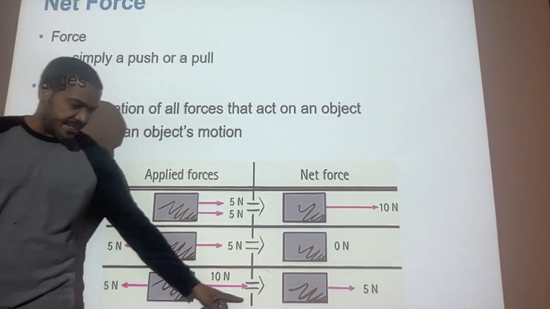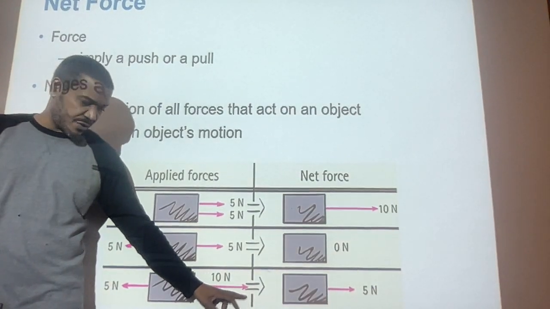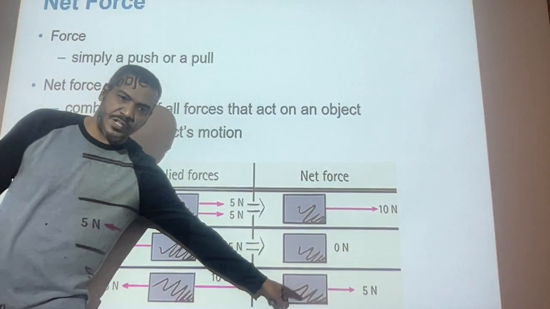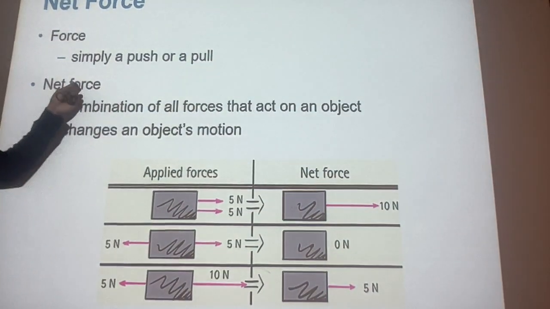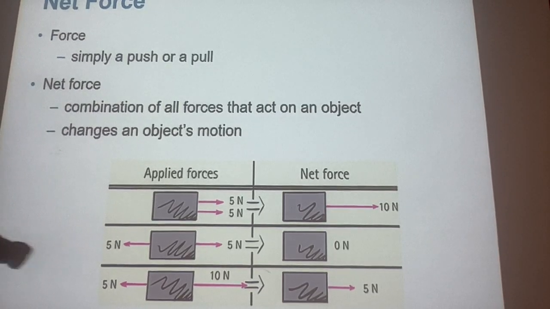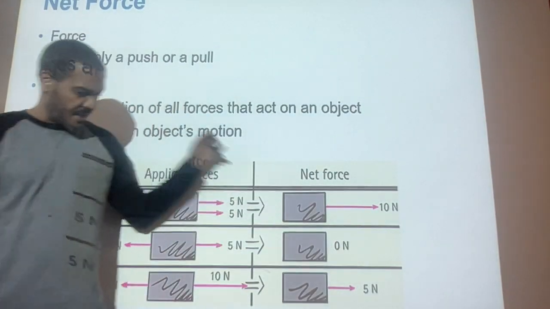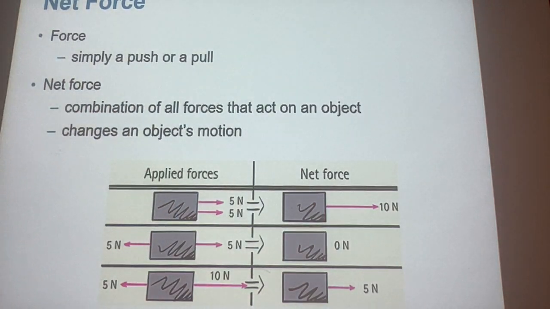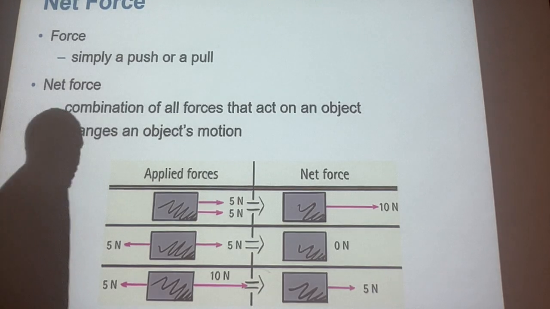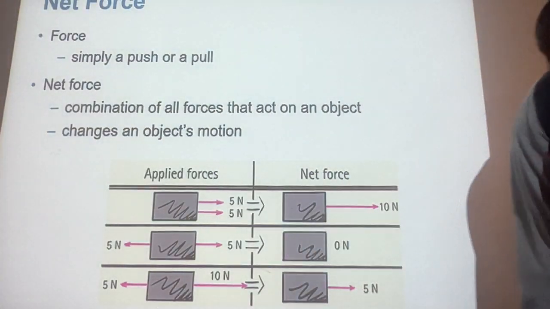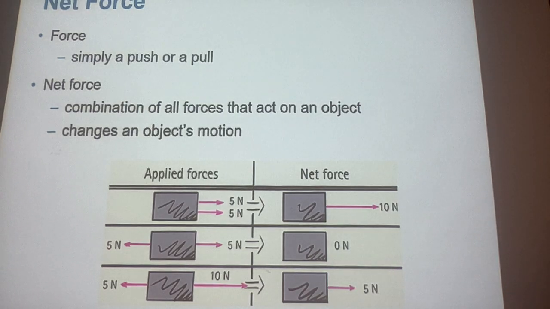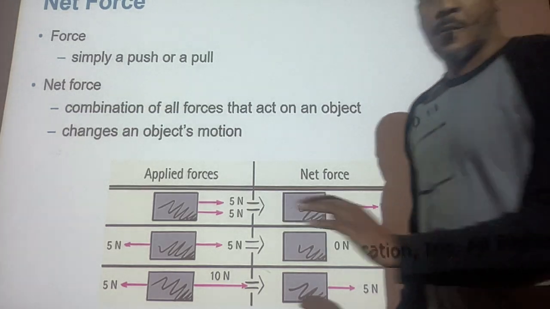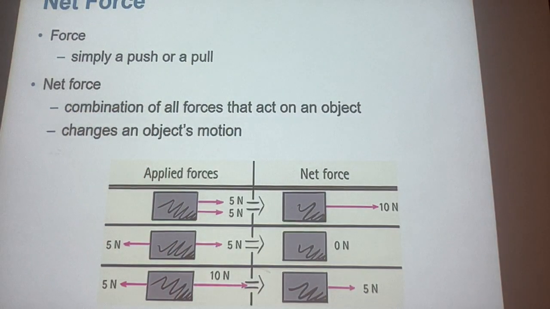But soon as I exceed the amount of force on one side or the other, that's which way the object moves, okay? So that's a net force. That's what we call a net force. When there are more than one force acting upon an object, right? We have to calculate a net force. That's like a net paycheck, right? Or whatever they say, net pay, right? When you have more than 1 or 2 taxes you got to pay on your paycheck, you get a net pay. All right?